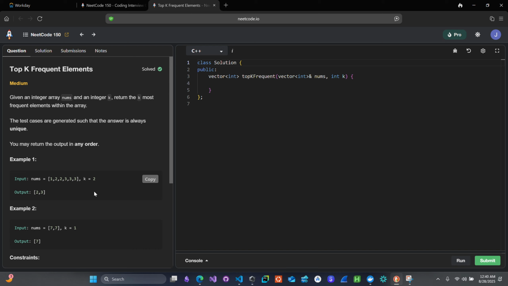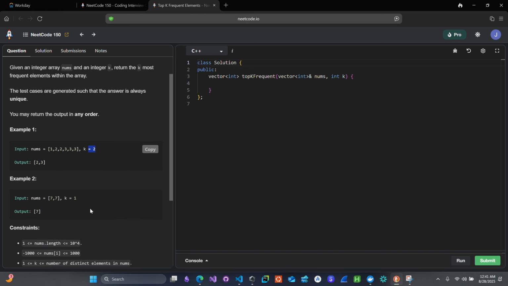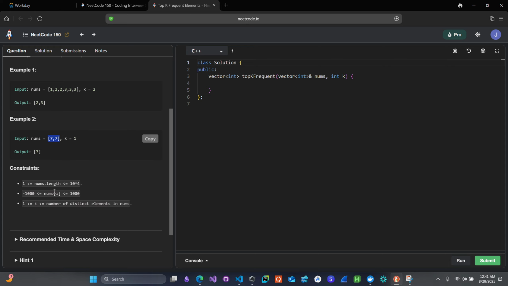Okay, so k is an integer and it wants the k most frequent elements. So 3 is the most frequent and 2 is the second most frequent. So 2 and 3 are the two most frequent ones. And then here it only wants 1 and we only have 2 instances of 7. So it's 7. And the constraints are that the length of nums is from 1 to 10 to the power of 4